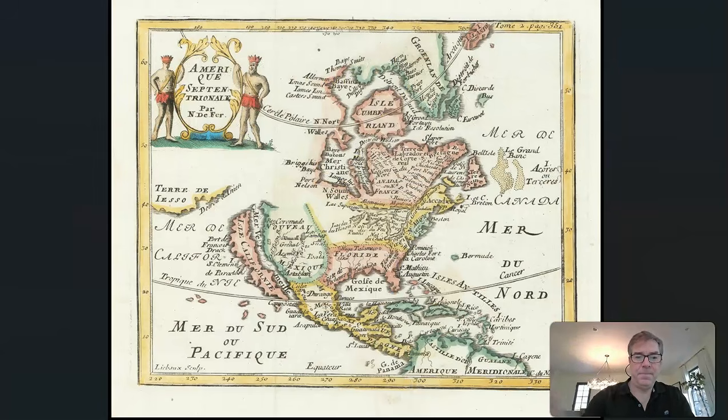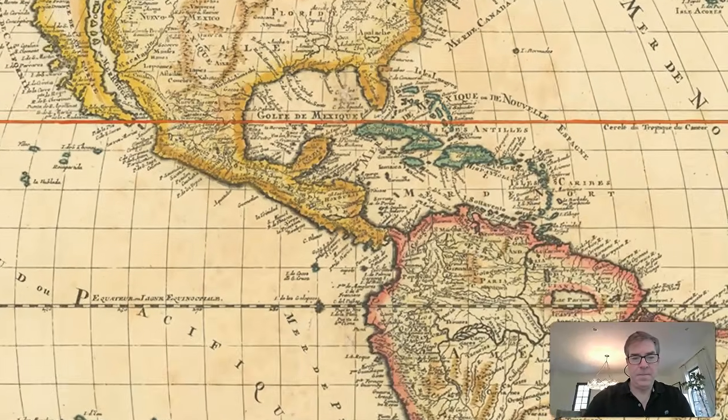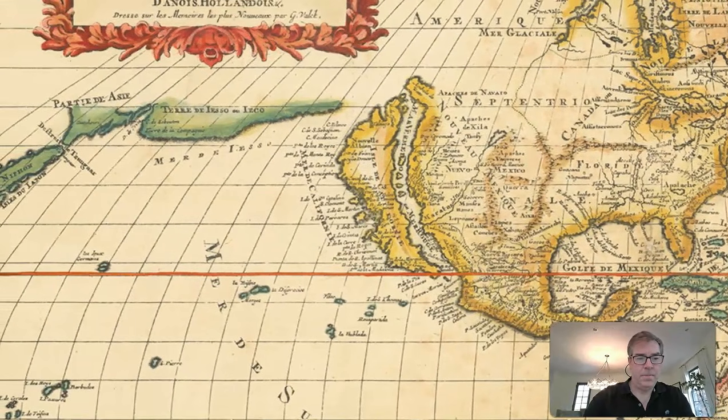Another map showing the same thing. Part of Asia, the Strait of De Vries, with a landmass between it, the land of Jesus, the Sea of Jesus below it, which is the Pacific Ocean, as Magellan named it to pacify us, to make peace, and who is the Prince of Peace, Jesus Christ. But you can see here again, California is an island, the Red Sea in between it and the United States proper, and the Strait of Anian between the coast of California and the land of Jesus.